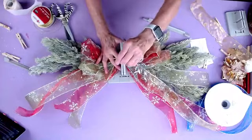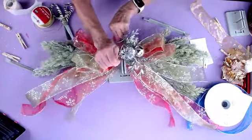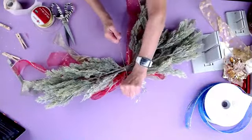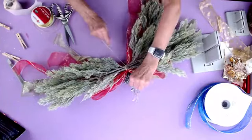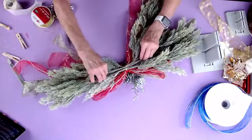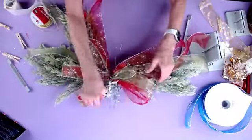We're going to put everything tight down here. Pull it really tight while it's still in the Bowdabra. Now I'm going to take it out. I'm going to separate my ends and just flip it over and tie a knot. And I'm going to actually triple knot this just to make sure it stays really well. So we're going to triple knot it. And I'll leave these pieces on here just in case I need to tie it to something. And then we're just going to fluff it out,